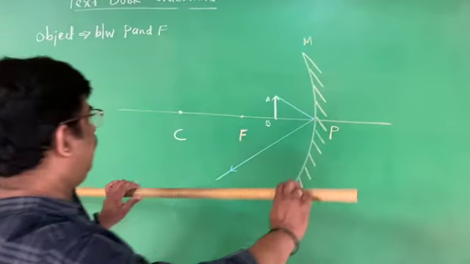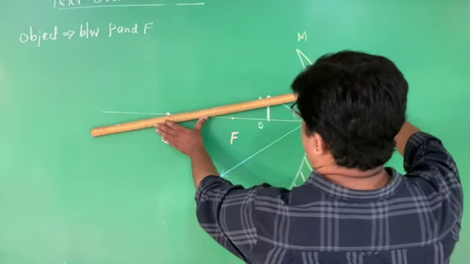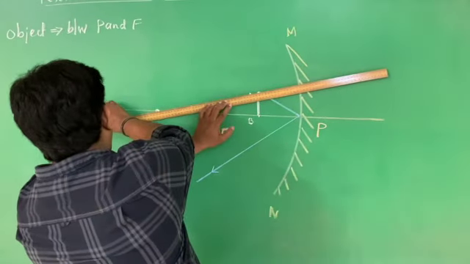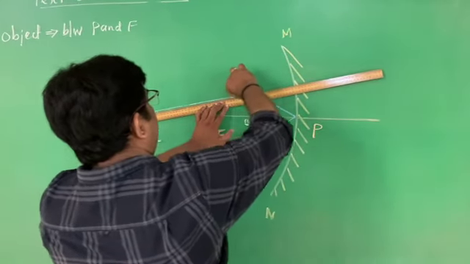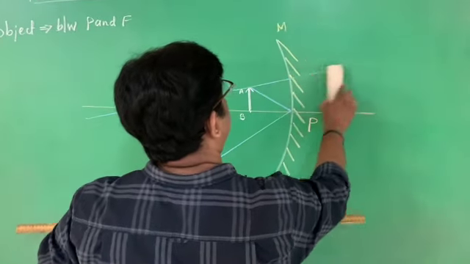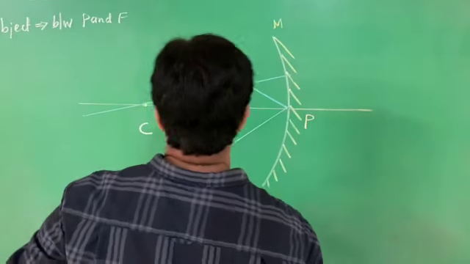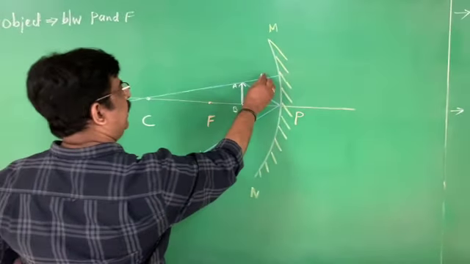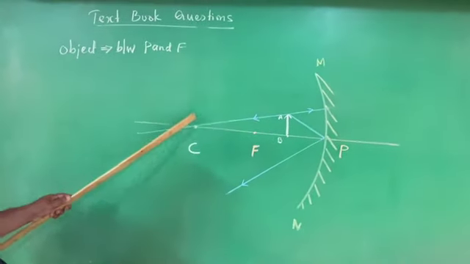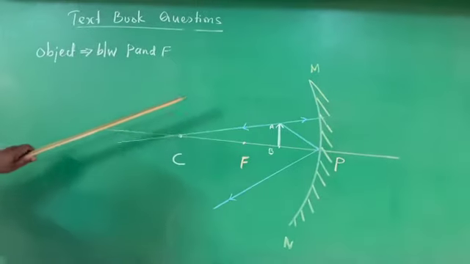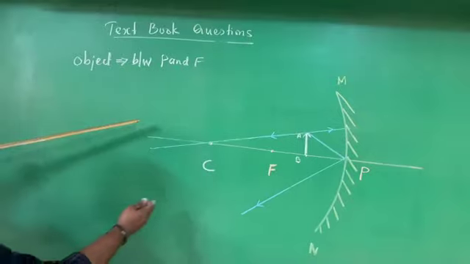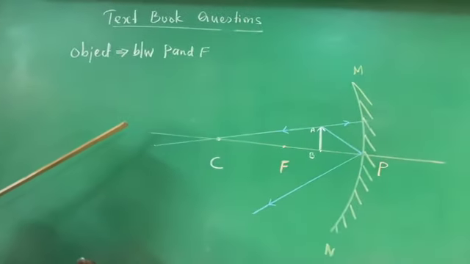The other ray, and always we select this ray. Why? Because once you draw the straight line, both the incident ray and the reflected ray are one, and I don't want to extend afterwards. This is the incident ray, the same ray becomes the reflected ray. See both the reflected rays. They are a divergent beam in the front. Therefore, they are not going to intersect in front of the mirror. They are going to intersect behind the mirror.